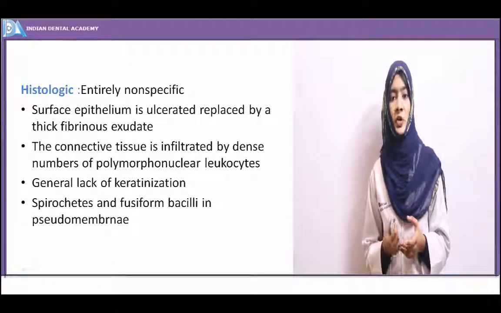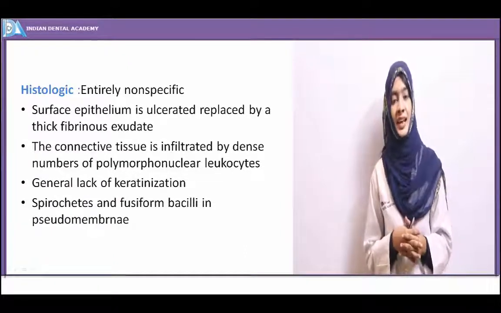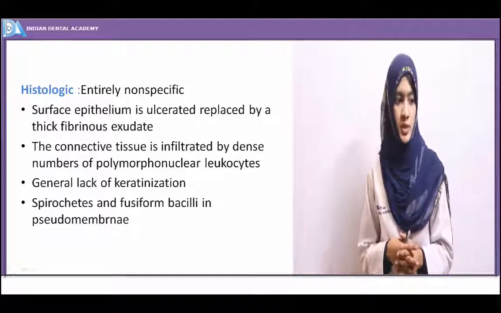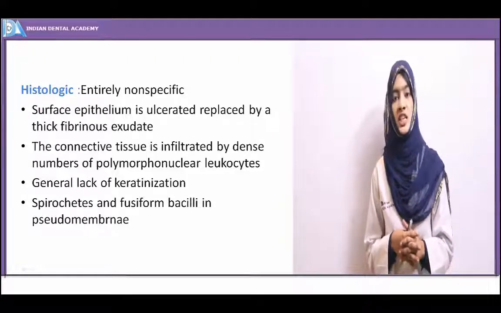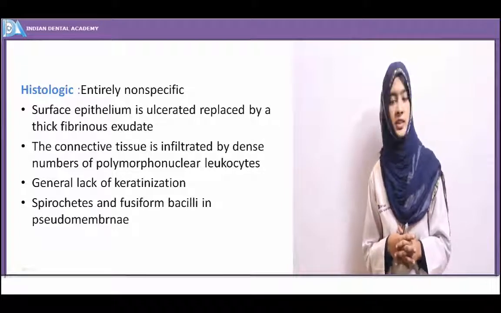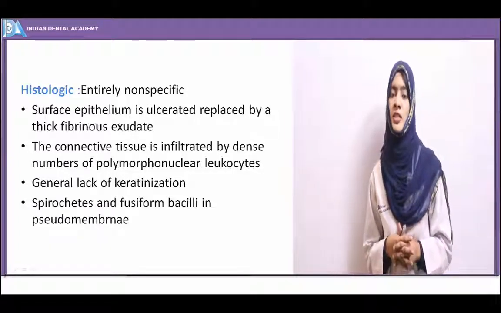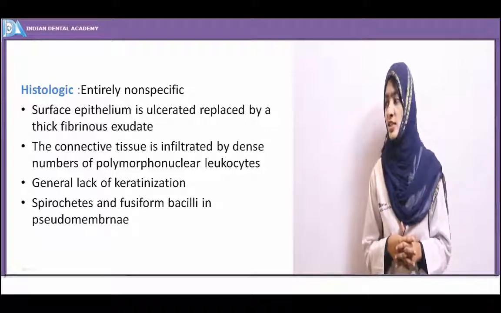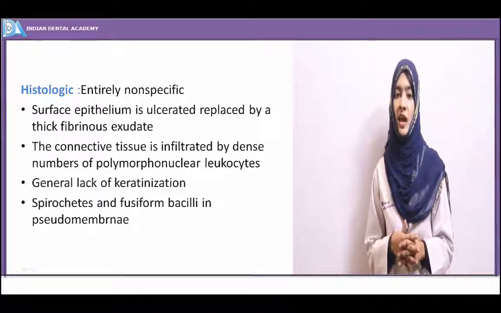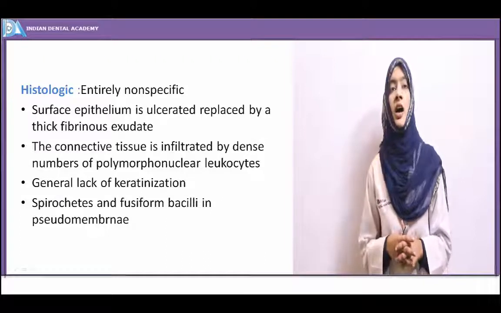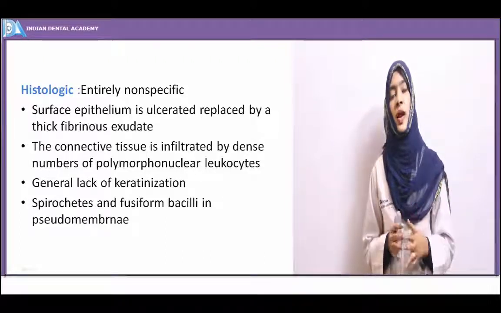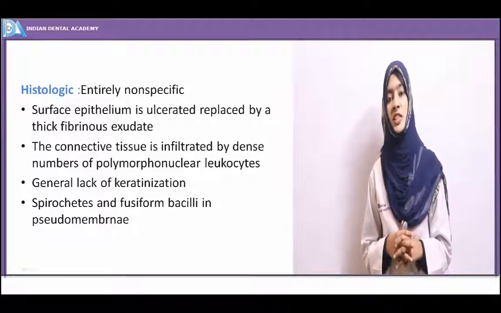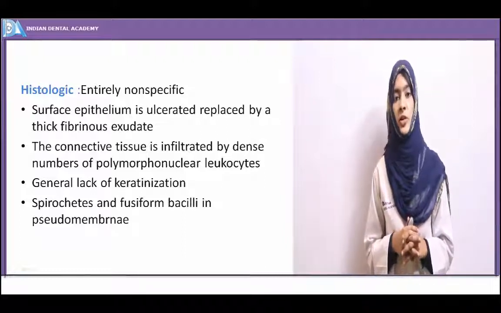The microscopic picture of acute necrotizing ulcerative gingivitis is entirely non-specific. The surface epithelium shows ulceration and is just covered by a thick fibrinous exudate. The connective tissue shows inflammatory cells, polymorphonuclear leukocytes and plasma cells. Leukocytes are more common and there is a general lack of keratinization. The demonstration of microorganisms, that is the spirochetes, fusospirochete, Borrelia vincenti, is the diagnostic feature of acute necrotizing ulcerative